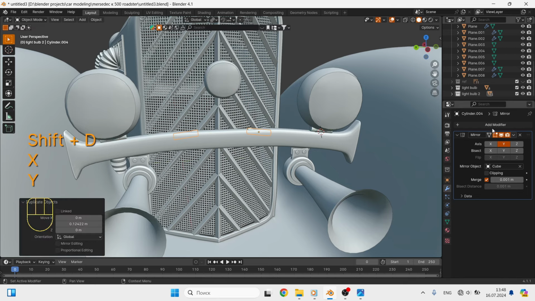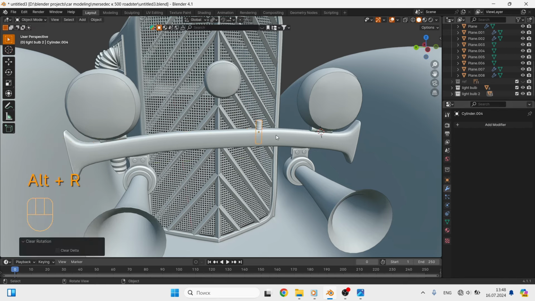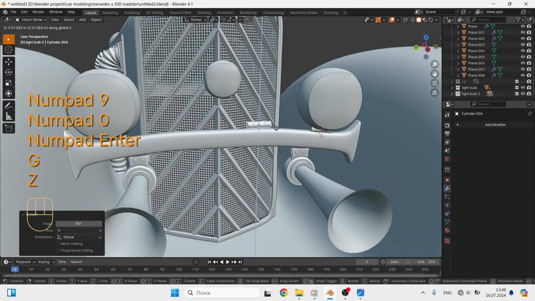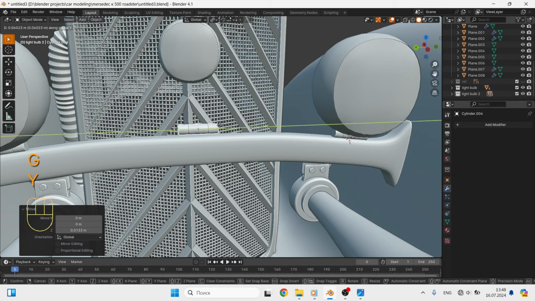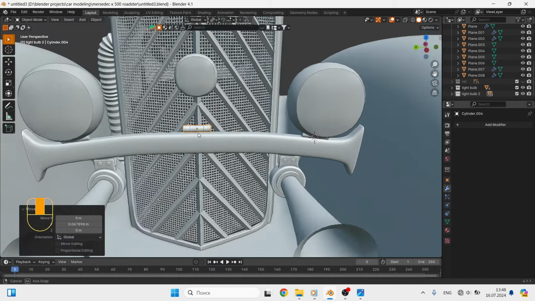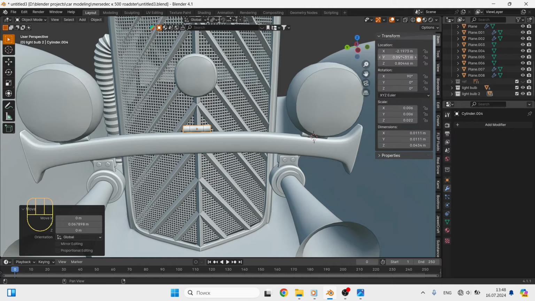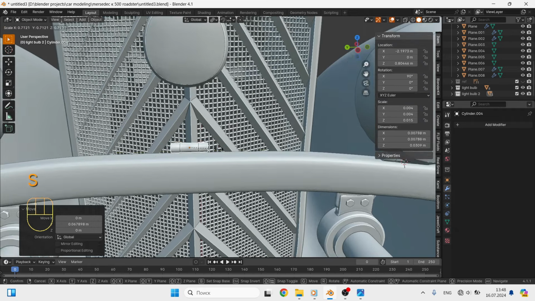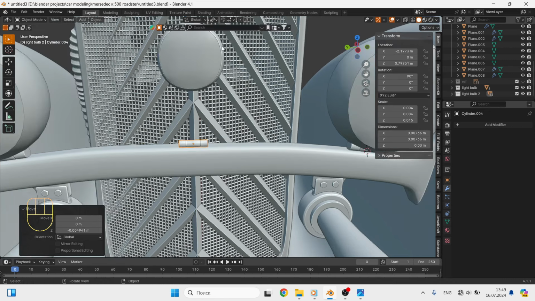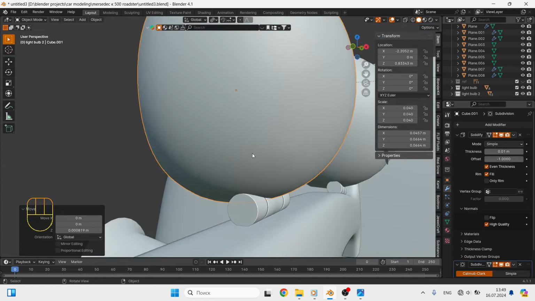In order to set it in the center, I go to the object properties and set the number 0 opposite the Y-axis. Okay, the mount is ready.